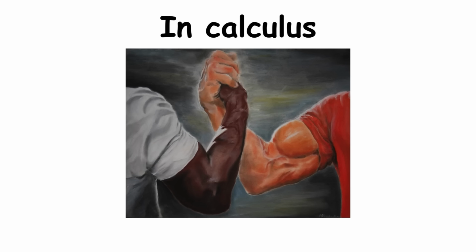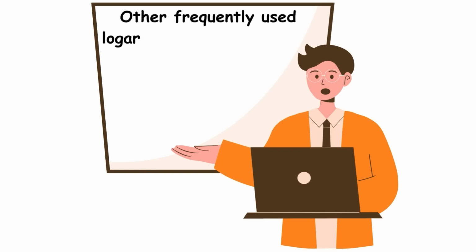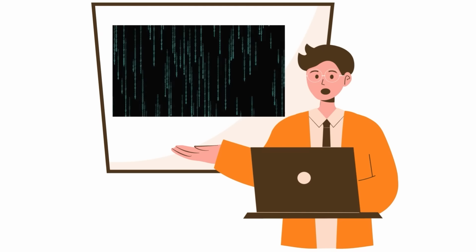In calculus, similarly to how e to the x power is the most important exponential function, the logarithm with base e is the most important logarithmic function. This logarithm has a special name, the natural logarithm, usually denoted by ln. Other frequently used logarithms are the common logarithm, base 10, and the binary logarithm, base 2, with the latter being